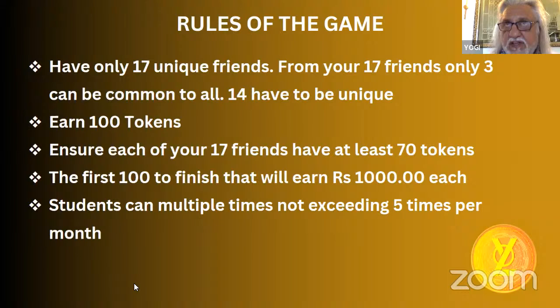Within those 20 days, we will work on your happiness index, which should be 100%, because for all those boys and girls who have not been using the app, currently their happiness index is going to be really poor. So even if they earned 1,000 points and their happiness index is, let's say, 1%, out of those 1,000 points, that 1% is just 10 points. We don't want to discourage anybody. So we're going to start the whole thing afresh from the 21st of April 2024 to the 10th of May 2024. All those who have 100 tokens and have 17 unique friends will be entitled to earn 1,000 rupees.